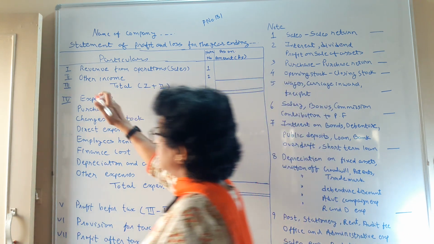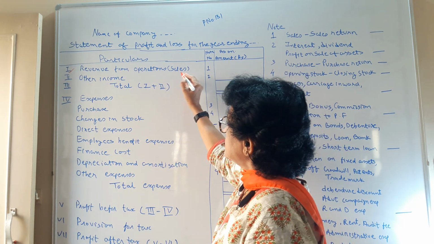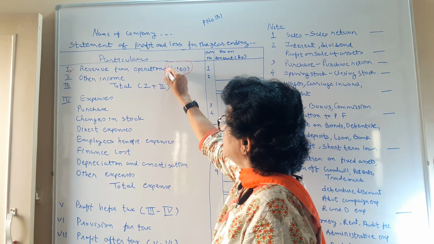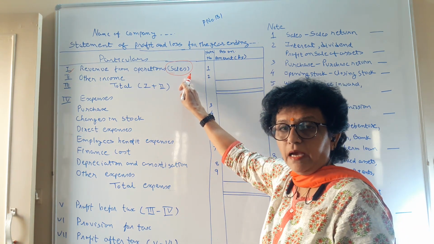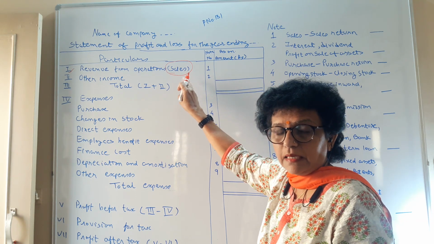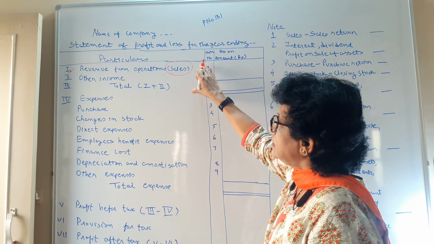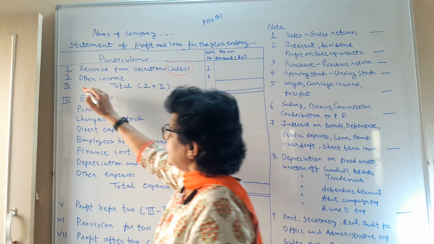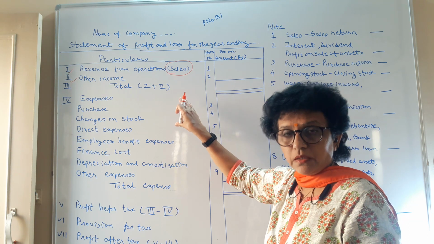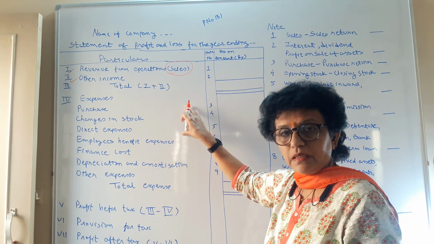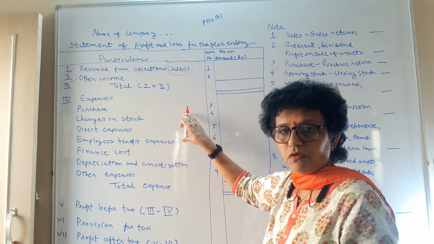So the first item is the revenue from operations. That is our regular revenue income, the routine income which is earned by the company. Here you may have sales minus sales return, and then any separate income, that is to be written as revenue from operations. The second is other income. Whatever other income you may have during the year, those incomes are to be considered. It may be profit on sale of an asset, or any other sort of income.